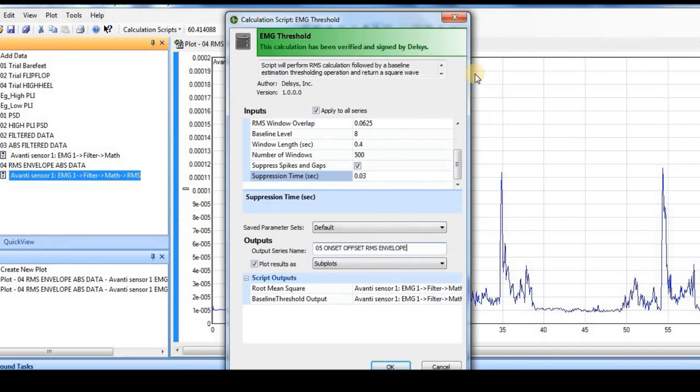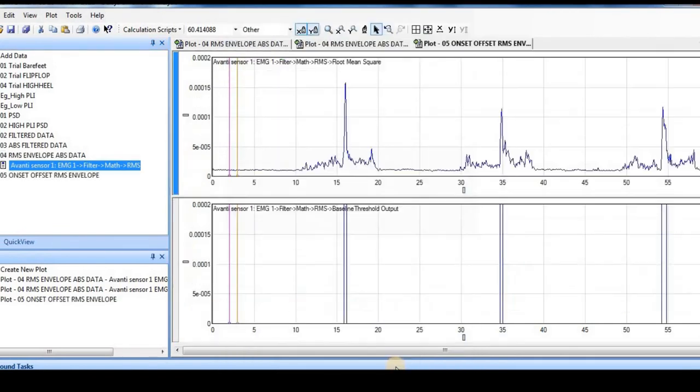So this will convert my data series, which is an RMS envelope, into a rectangular or square waveform, such that only the periods of activation or deactivation can be appreciated on the plot, and the data series will have the values only of 0 and 1. 0 means no activity and 1 means the activity above the threshold level. So if I click the OK box, you will find that these are the three regions in which we have activity.